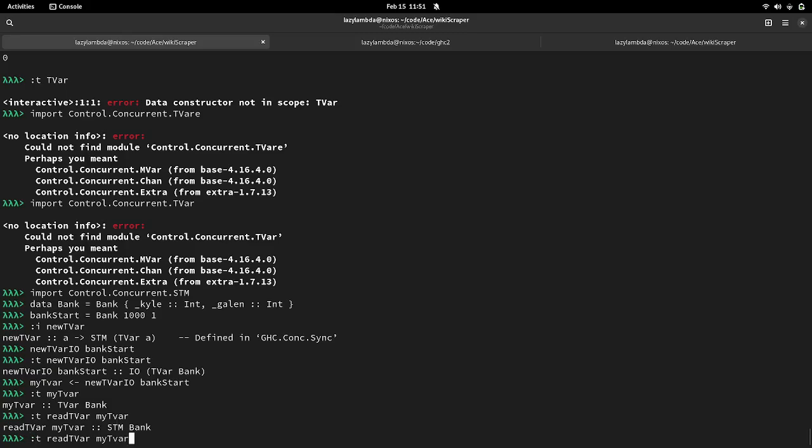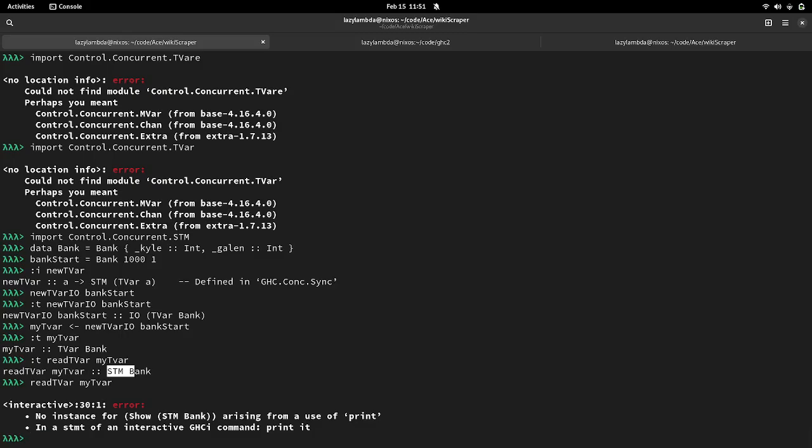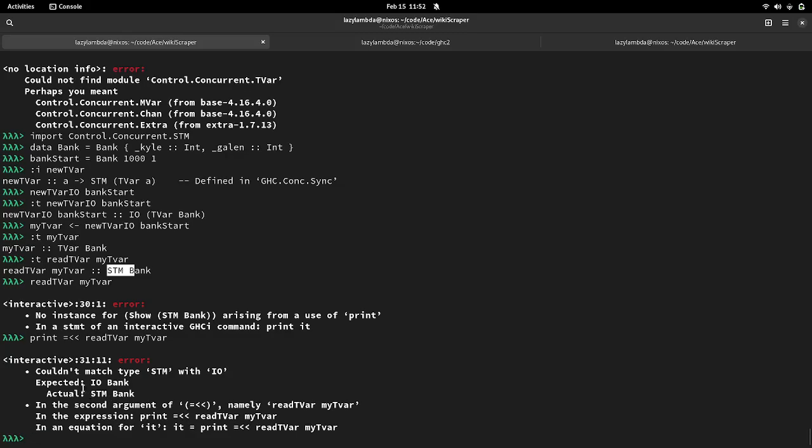Ultimately, the point of the STM monad is that I can't just do this. Let's say I want to print out the tvar very simply. I'm going to say readTVar, and this is going to give me an error here. It's going to say that's the wrong monad. This is the wrong context, and you haven't dealt with the STM action properly.